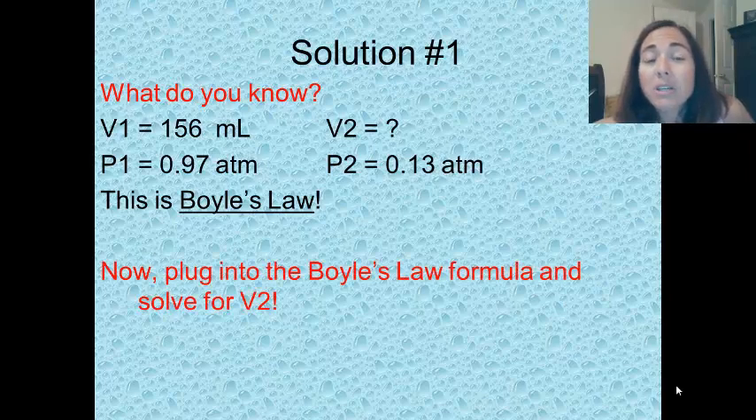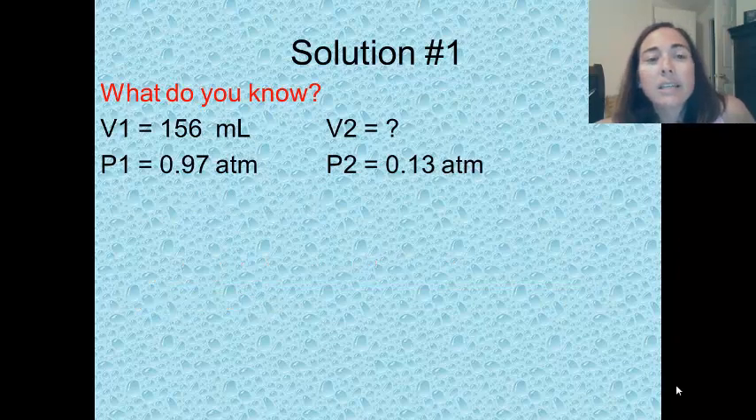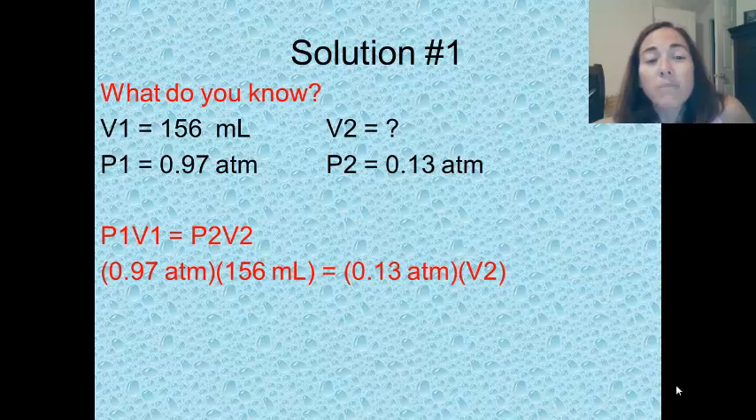Now we're going to plug into the equation, and we want to solve for that second volume. You do it like this. You're going to take those givens and substitute into the formula for Boyle's law. So P1 is the 0.97 atmospheres, and V1 is 156 milliliters. P2 is 0.13 atmospheres, and V2 is my unknown. Now I can go ahead and do the math here because the pressure units match and they're going to cancel out, and the volume answer is going to be in milliliters, just like my first volume was given. So you do the math and rearrange. You want V2 by itself, and you get